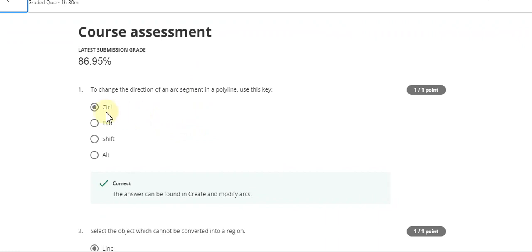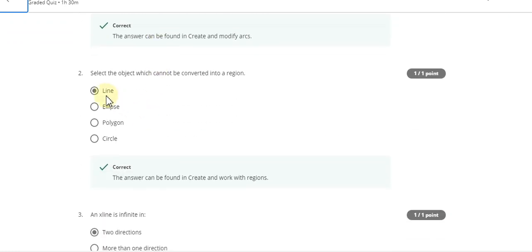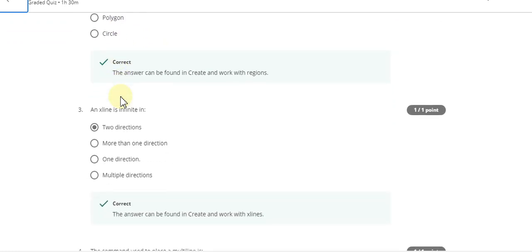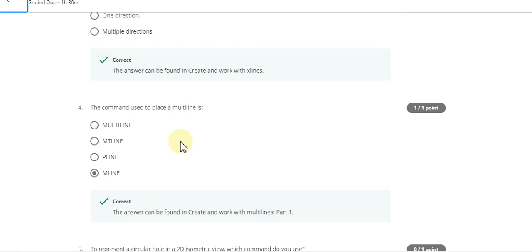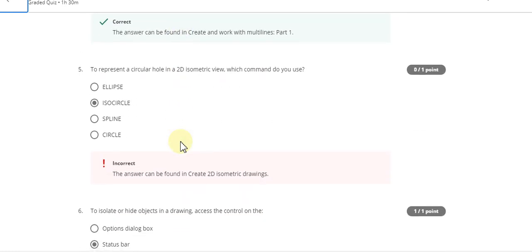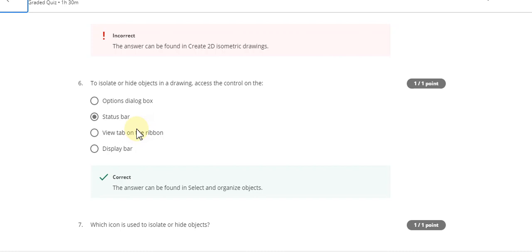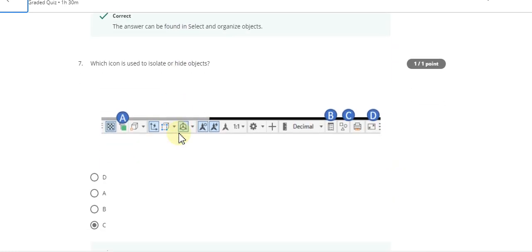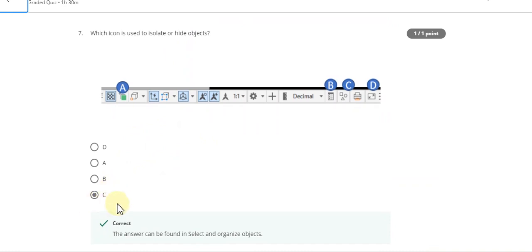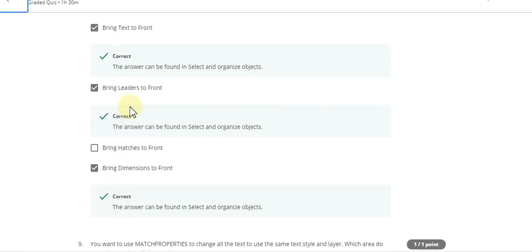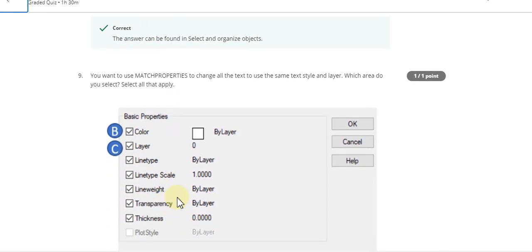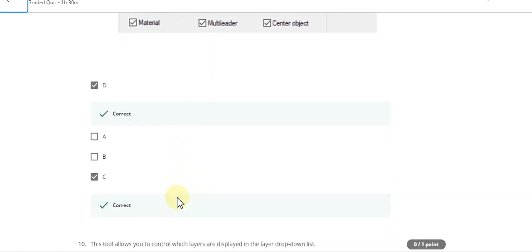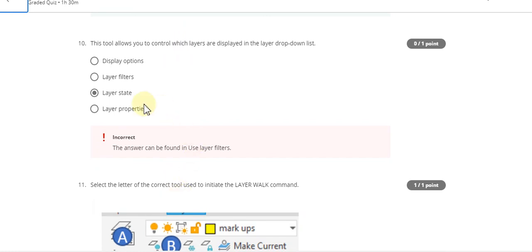And the first question answer is the CTRL control, and the question number 2 answer is a line, and the question number 3 answer is 2 direction, and the question number 4 answer is M line, and the question number 5 answer is wrong, and the question number 6 answer is status bar, and the question number 7 answer is C, and the question number 8 answer is bring text to front, bring leaders to front and bring dimension to front, and the question number 9 answer is D and C, and the question number 10 answer is wrong,